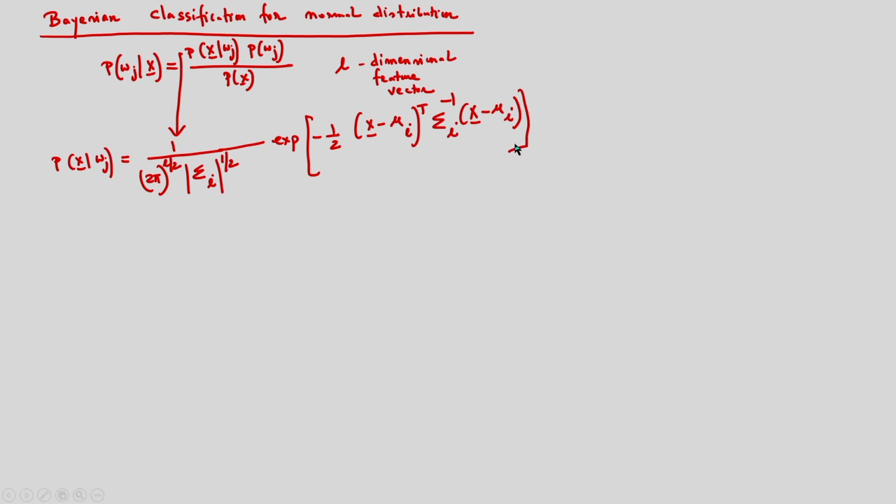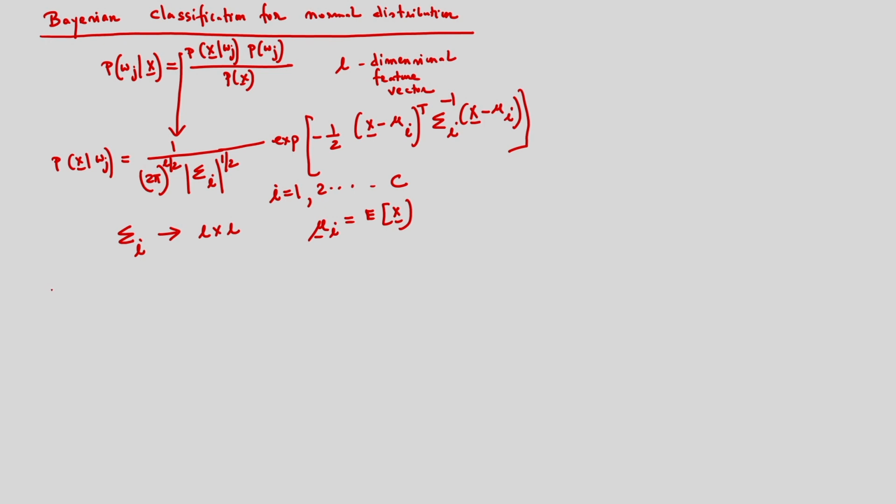So I am considering the multivariate normal distribution, and I am considering C number of classes. Then the covariance matrix for a particular class, the covariance matrix for the class i, has dimension L by L. Also I can determine the mean vector mu i, which is nothing but the expected value of x.